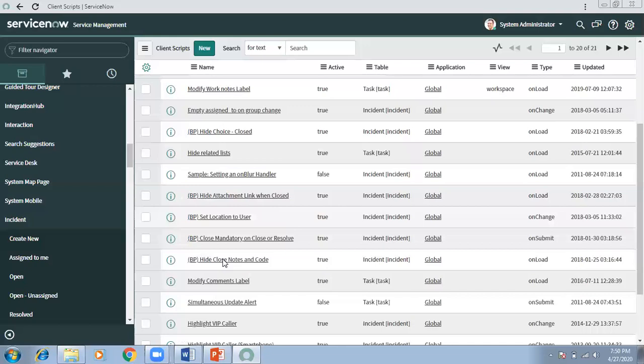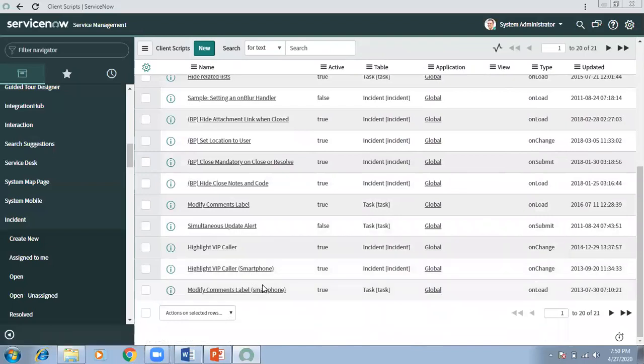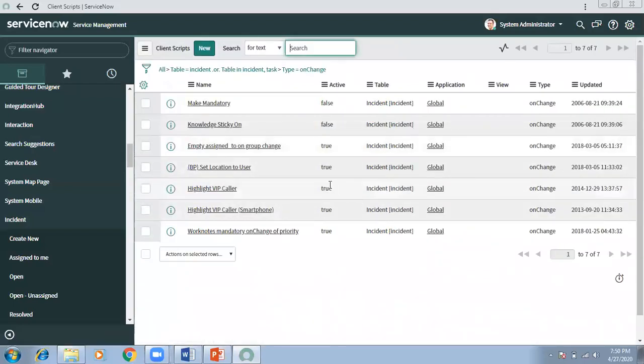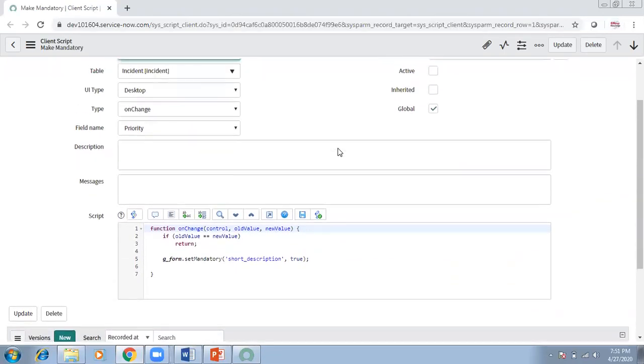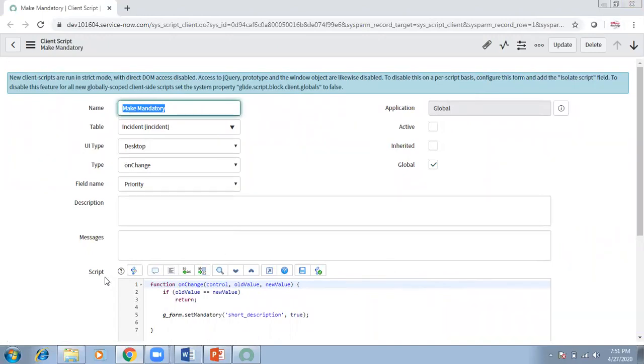On hold, maybe something related to it. See, this is on change of priority. You cannot make the description blank because we are setting description as mandatory. This one is inactive.